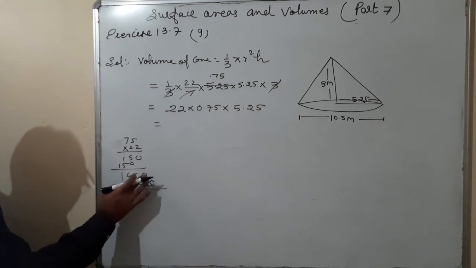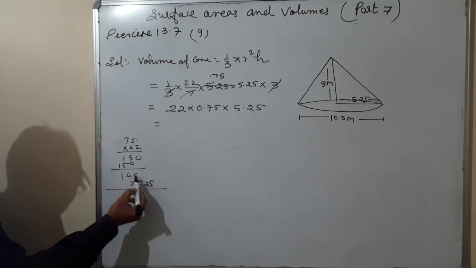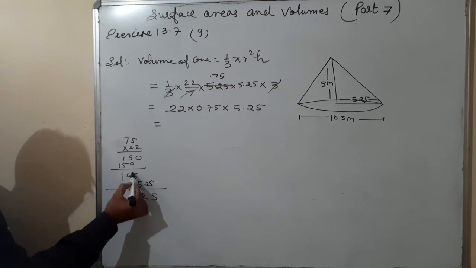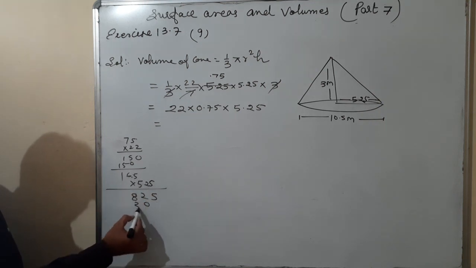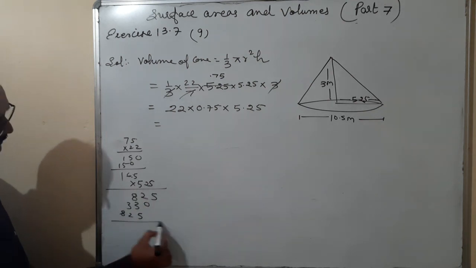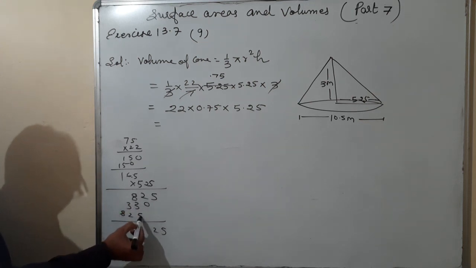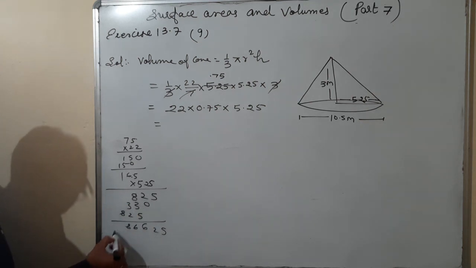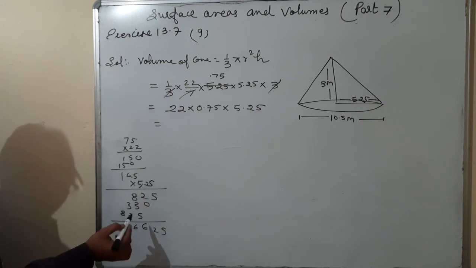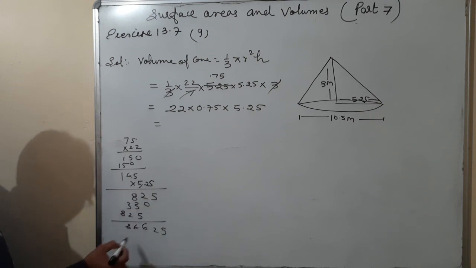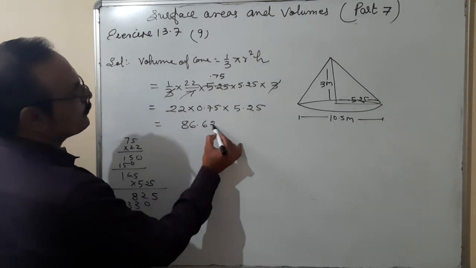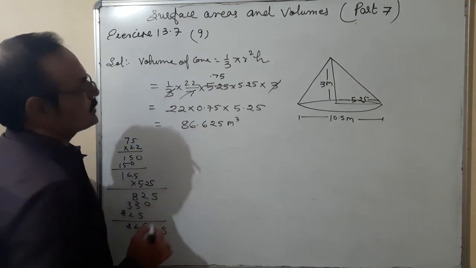Okay, 16.50. So 16.5 multiplied by 5.25: 5 5s are 25, 2 6 5 is 30, 32, 3 5 1 is 53. Then 5 2s are 10, 6 2s are 12, 1 is 13. Then 5 5s are 25, 2 8, 5 2 8 8 16, 1 6 8, and after decimal 2 places. So that is coming here after decimal 1, after decimal 2, 86.625. 86.625 meter cube. This is the volume of it.